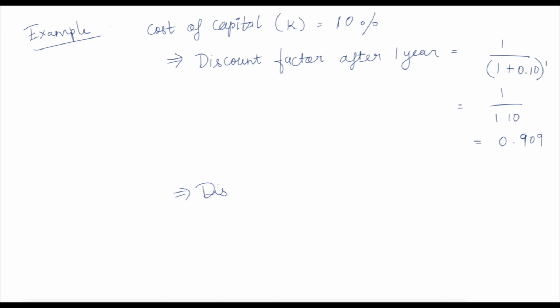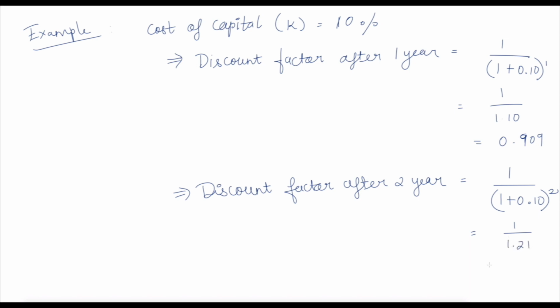So what about discount factor after 2 years? It is nothing but in the place of T I am just going to put 2. So I am just going to take the square in the denominator, and finally I will be arriving at the value 0.826. So if you all remember, this can be done with your calculator simply. Like for the first one alone you will be calculating 1 divided by 1.10. By simply pressing your equal to sign, you will be getting the subsequent values. Okay, it's not a matter, but this is how a discount factor for a particular year is to be found out.